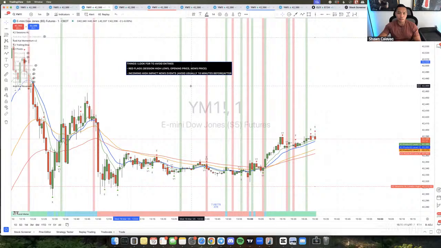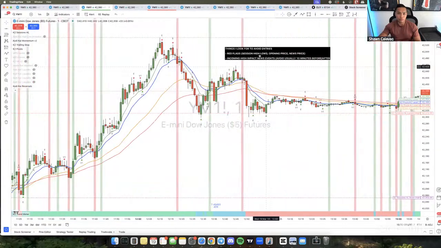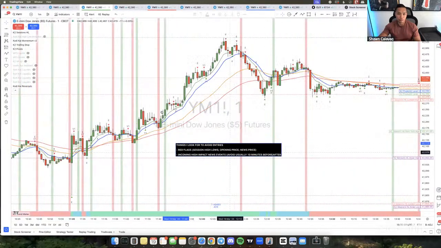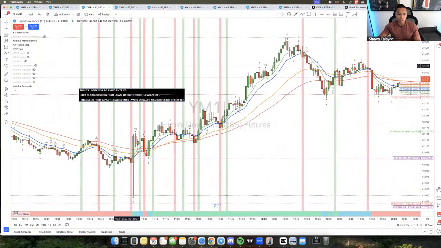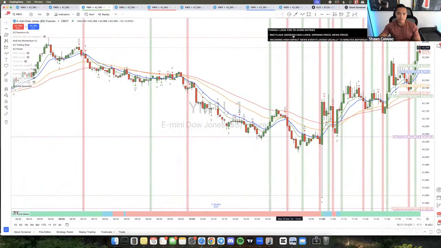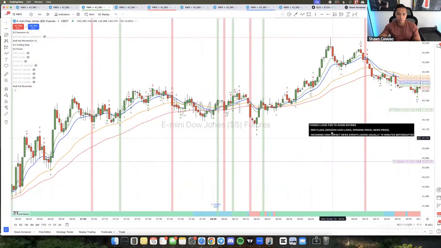But lower impact news events don't really matter as much. And also if we have news coming up. For example, this morning there was news at 7:30. I knew I was in the position at 7:30. The only thing is that it was gas stock change, and gas stock change doesn't usually affect the market very much.